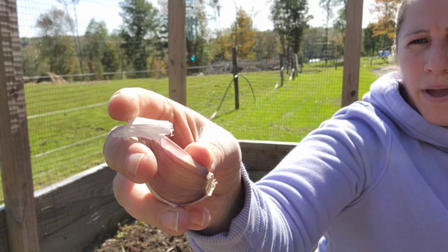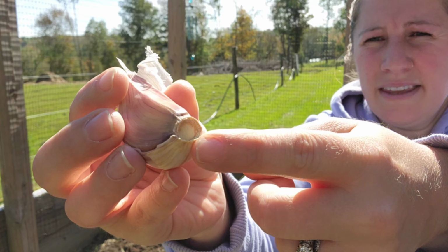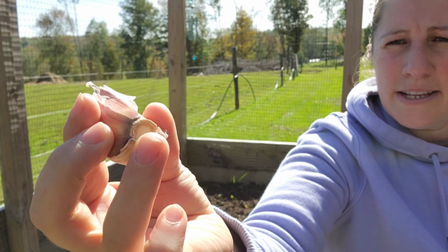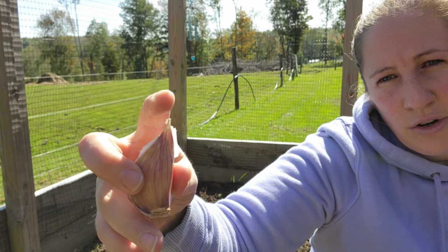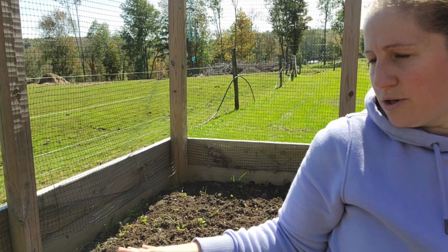You do want to leave the paper shell on. And when you plant it, you see that? And then you see how the top has this tip. This has to go in the ground, this side up. You want this about 2 inches into the ground, and once it's 2 inches, I'll cover